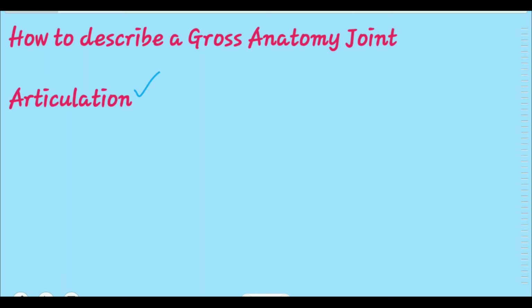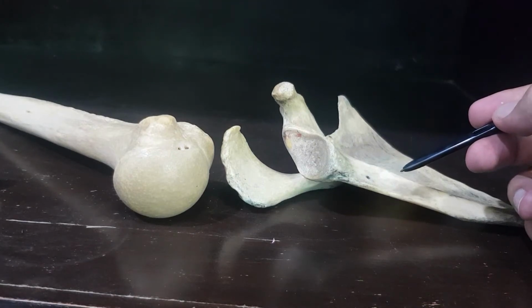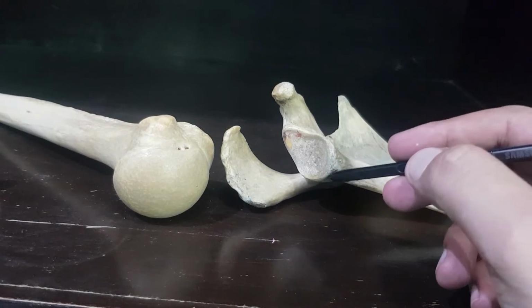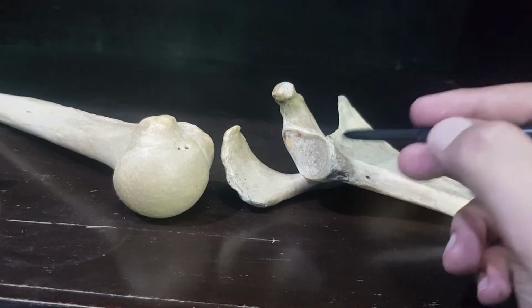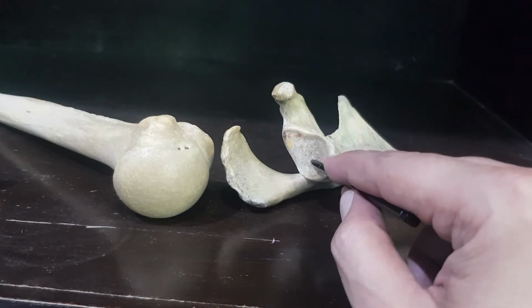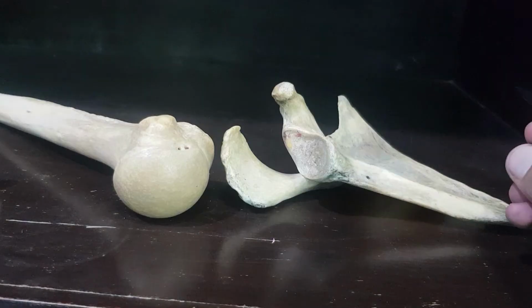Now the articulation. Whenever you are asked about the articulation of a joint, what do you have to answer? Watch this video first. Now I will guide you about the articulation. Whenever you are asked a question about articulation in your exam, in your viva, what you have to answer. Note down, the articular surface is only the part of the bone that is actually in contact during movement. Those surfaces in the shoulder joint are the glenoid cavity and the head of the humerus. That's it. You have to mention only the parts that are in contact.